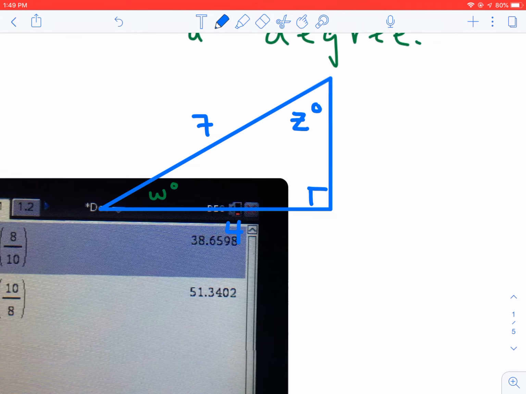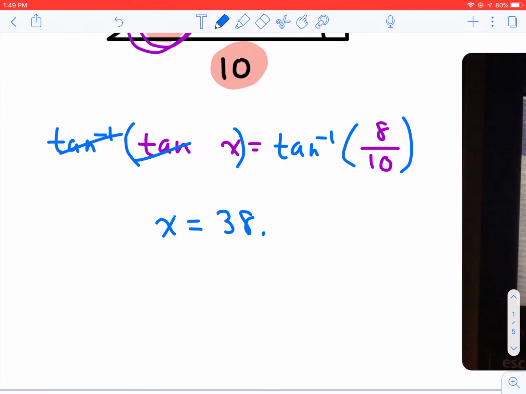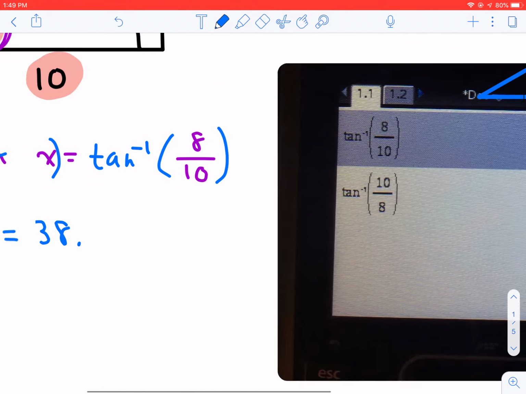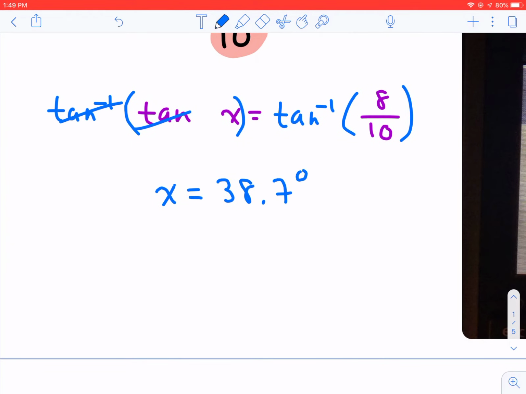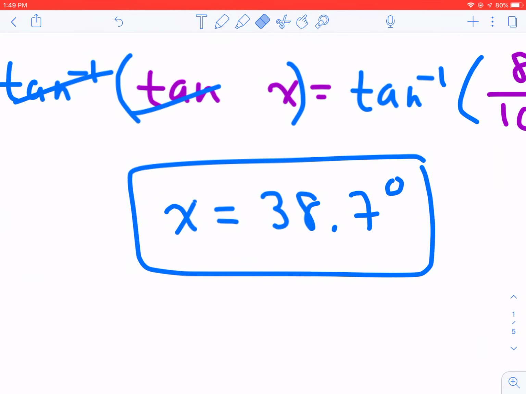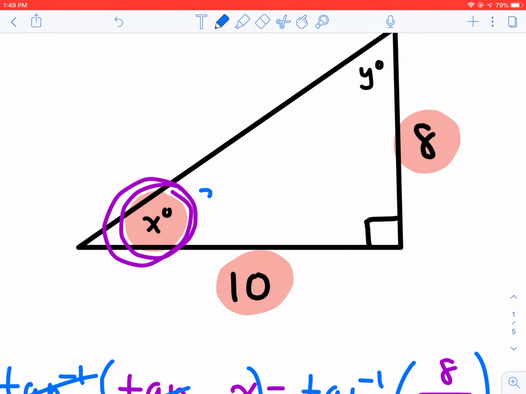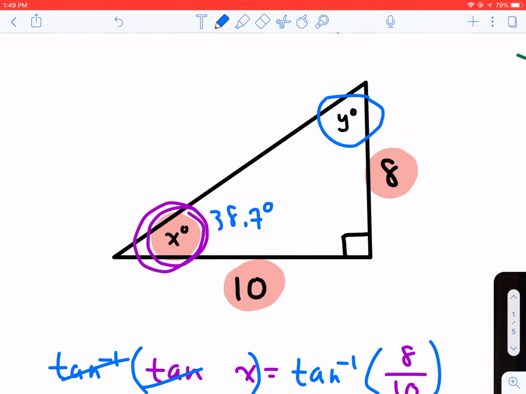So just round to whatever it tells you to. So in this case, round to the nearest tenth, that's 38.7 degrees. And I shouldn't say equal, it's approximately 38.7 degrees. So if this is 38.7 degrees, we could obviously find the measure of angle y just